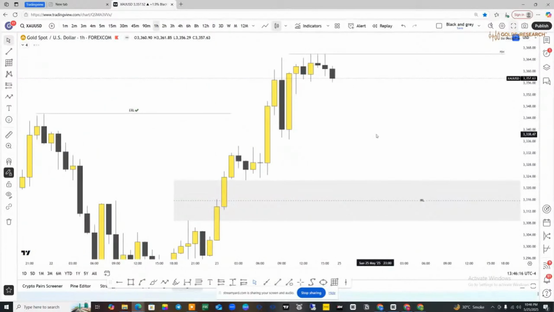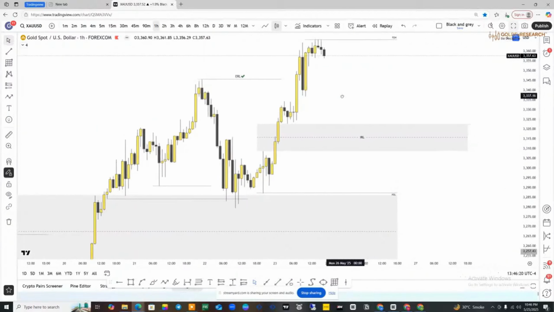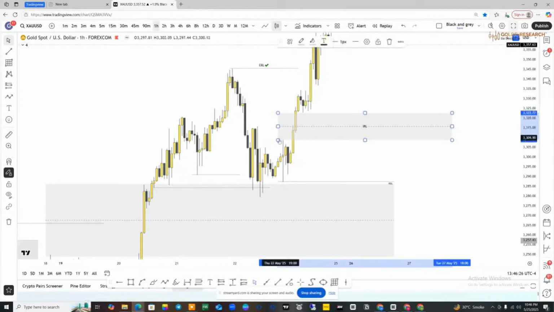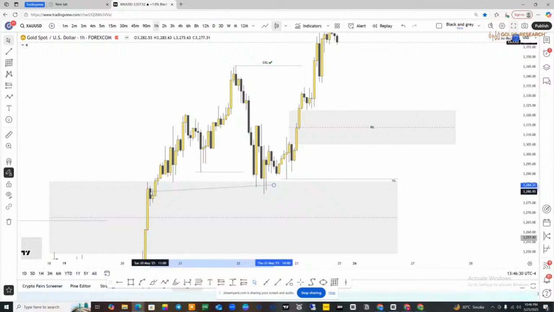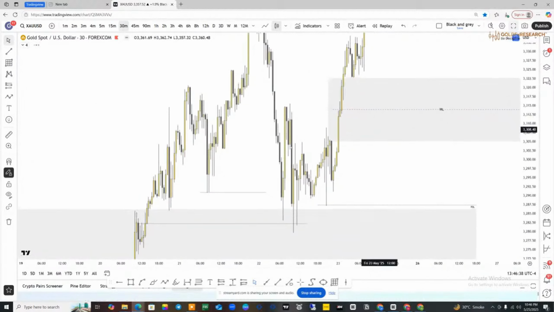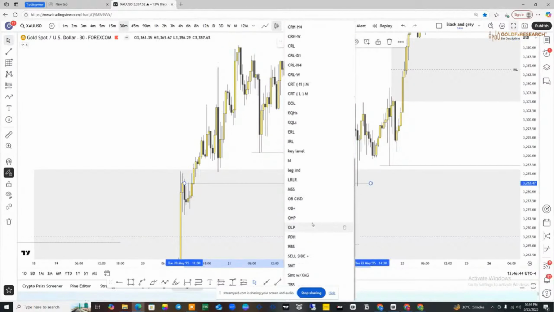H1 में आओ, H1 हमें क्या सिनेरियो दिखा रहा है। H1 में अगर आप स्ट्रक्चर को देखो तो यहाँ पे देखो मार्केट ने किसको टैप किया, ऑर्डर ब्लॉक को टैप किया। M30 में चले जाओ, यहाँ पे भी मार्केट ने ऑर्डर ब्लॉक को टैप किया।